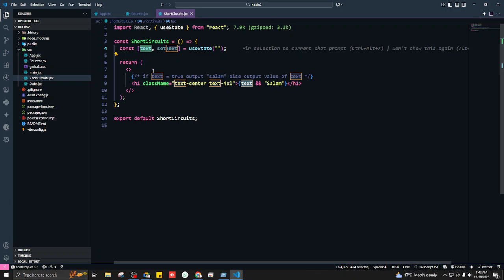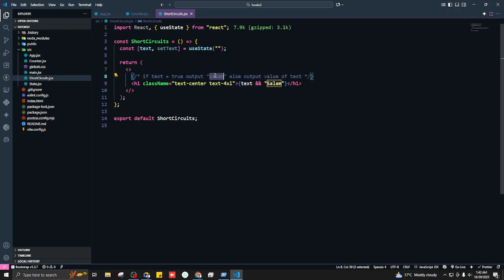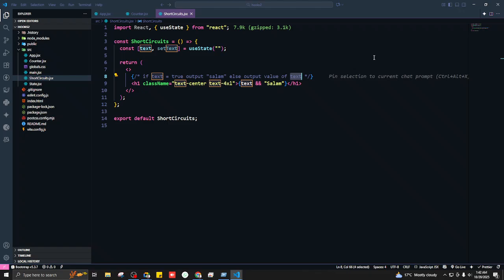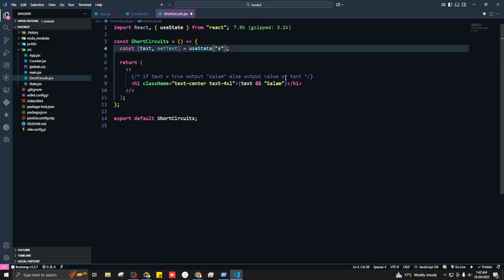So this condition I'm going to repeat again. If the value of text is true, which it is not, it's going to output salam. So this condition is false, so it's not going to output salam. So we're left with the second condition. Else it's going to output the value of text. So what is the value of text? Empty. So it's going to show me nothing. Yes. Okay. But if you want to do this,